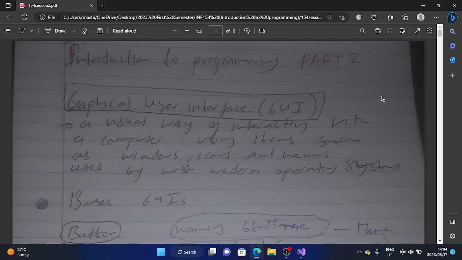Welcome to INF154 Introduction to Programming Part 2. So in this part, we are going to focus on the graphical user interface. The prerequisite for this video is that you watched the first video, which was Introduction to Programming Using Variables, how to store values in variables. So in this part, we are going to start to learn about the graphical user interface